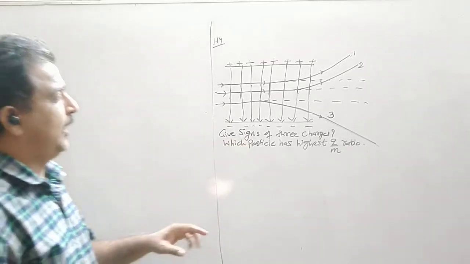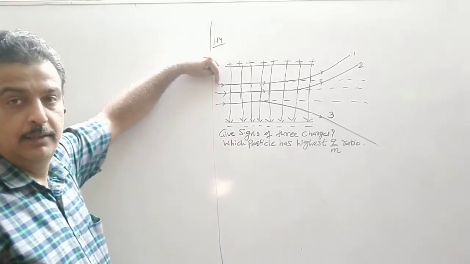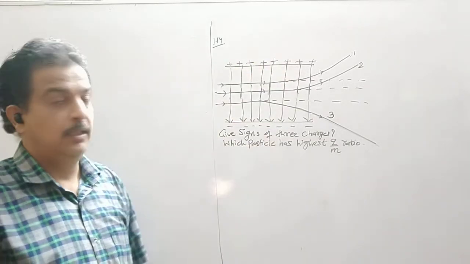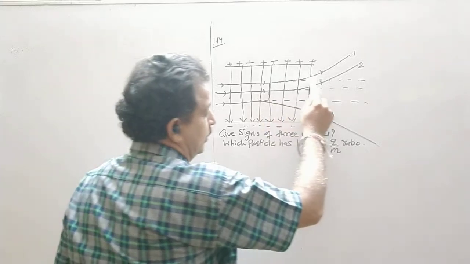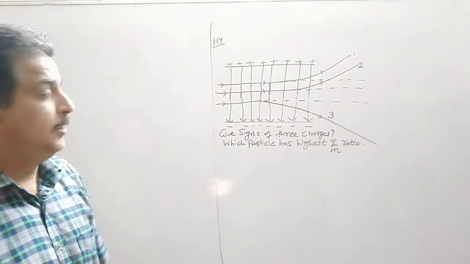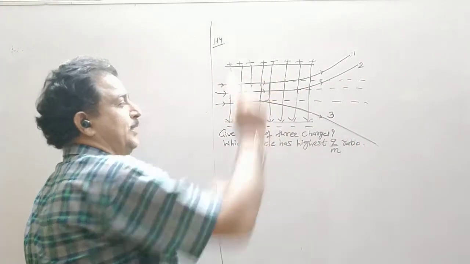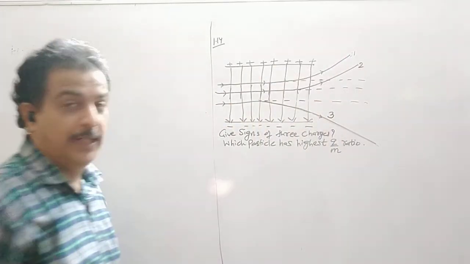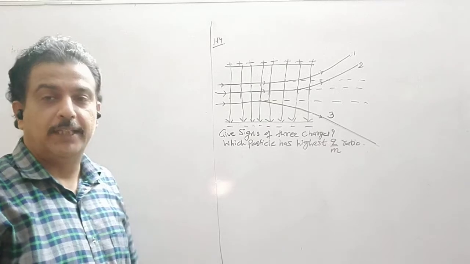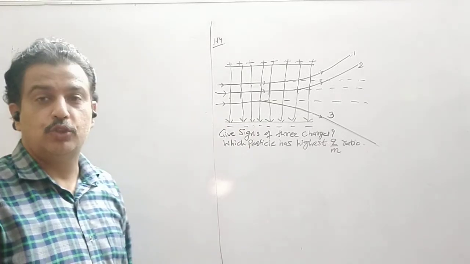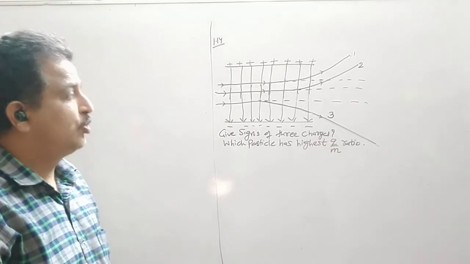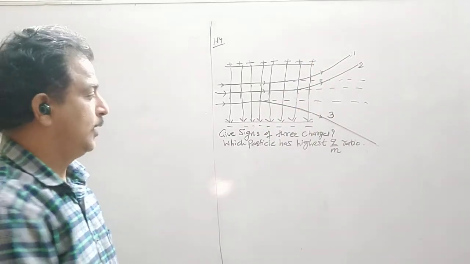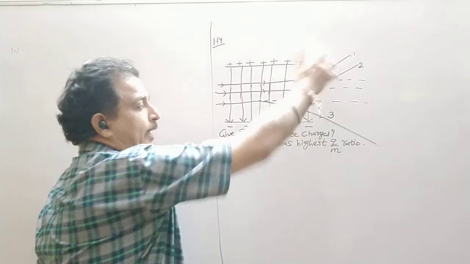Now it is clear that the particle 1 which entered with a horizontal velocity or horizontal speed, it has to move straight. This is shown by a dotted line. Instead of this, due to the presence of the field, this particle has been deflected towards the positive plate. Now which particle will be attracted towards the positive plate? It should be a negative charge. So particle 1 should be negative, or thus its sign should be negative.